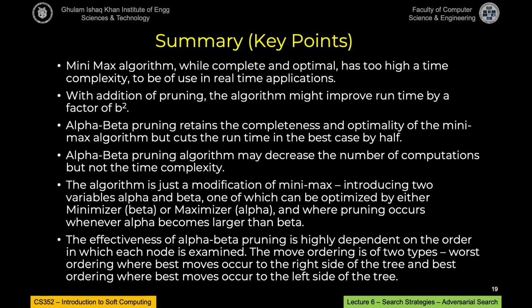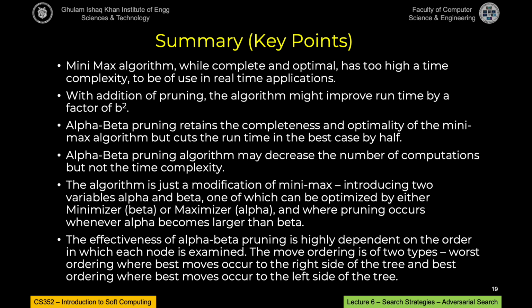अच्छा, दूसरी इंपॉर्टेंट बात यह है कि अल्फ़ा बीटा प्रूनिंग के साथ वही रिज़ल्ट आएगा जो आपका मिनीमैक्स एल्गोरिथम के साथ आता है। ठीक है, जिस नोड के लिए आप कंप्यूट कर रहे हैं, लेकिन जो इंटरमीडिएट नोड्स हैं उनके रिज़ल्ट डेफिनेटली बदल जाएंगे। तो इंटरमीडिएट नोड्स में आपको मुख्तलिफ रिजल्ट्स नज़र आ रहे होंगे। अल्फ़ा बीटा प्रूनिंग क्योंकि रिजल्ट वही ला रहा है, तो इसका मतलब ये है कि जिस तरह मिनीमैक्स एल्गोरिथम कंप्लीट भी है और ऑप्टिमल भी है, उसी तरह ये भी है, लेकिन रन टाइम इसका बाय फैक्टर ऑफ हाफ कम हो गया है।